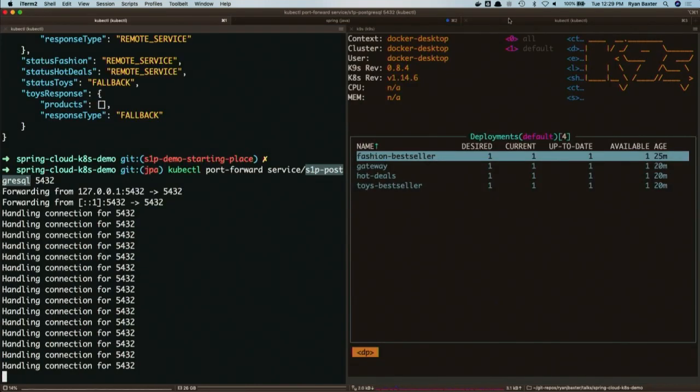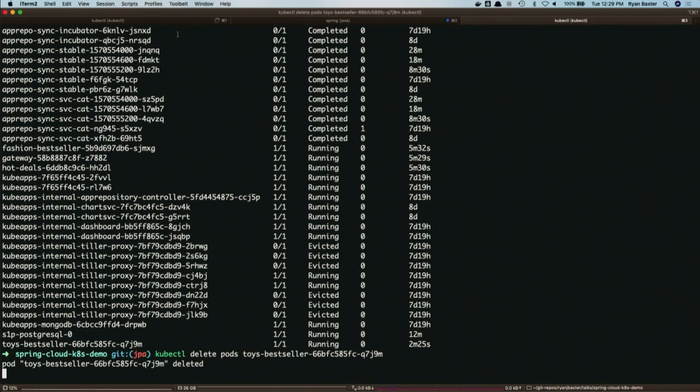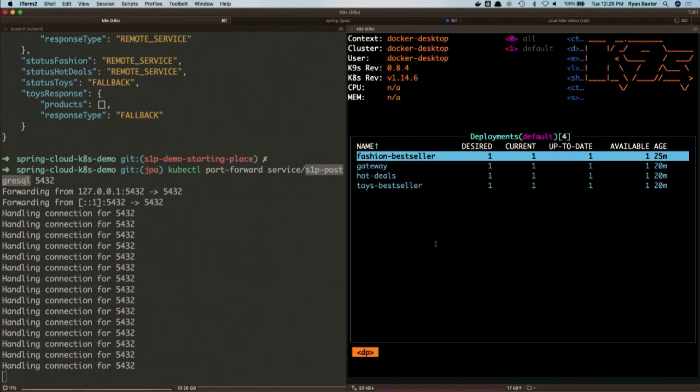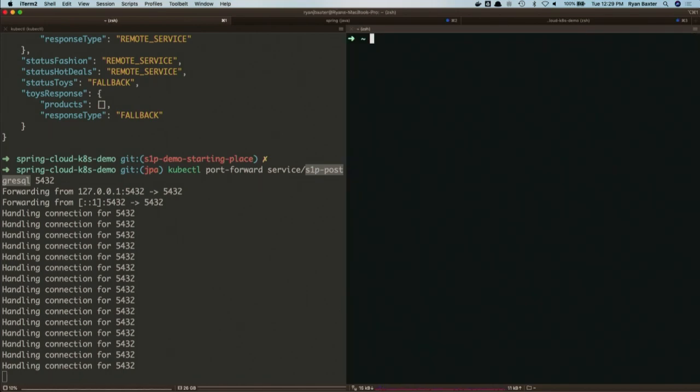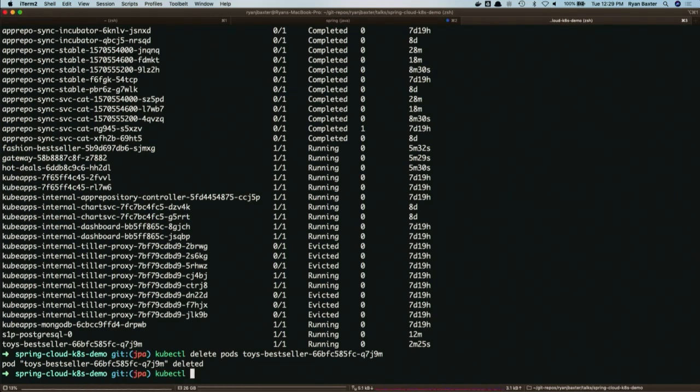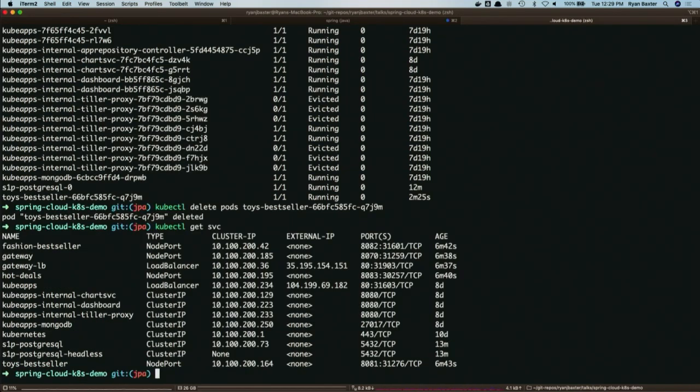Let's see if we have everything running. So let's just, can I just kill this one? Yeah. Okay. Already done. We're not going to use it. Okay, it's running. All right.